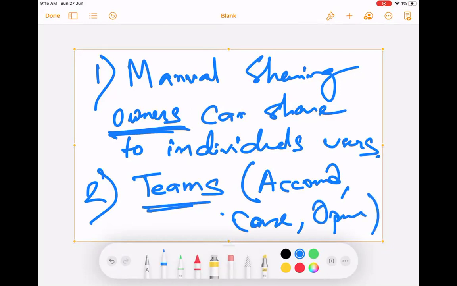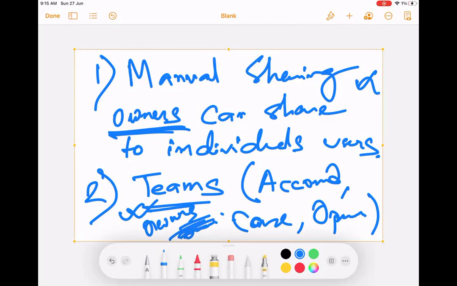These objects will have teams. If you add some people into the teams, those people will be able to see or edit records based on what permissions you give. So both manual sharing and team sharing are done by owners. Team sharing can also be automated, but mainly owners will be adding it manually. And both are manual processes, right?